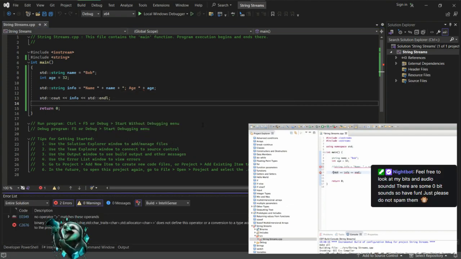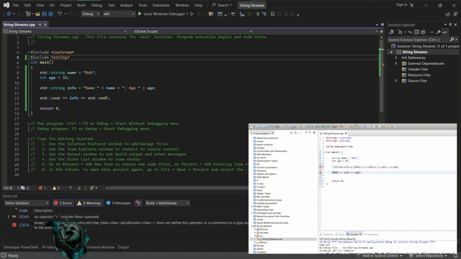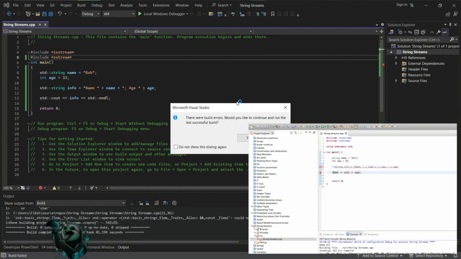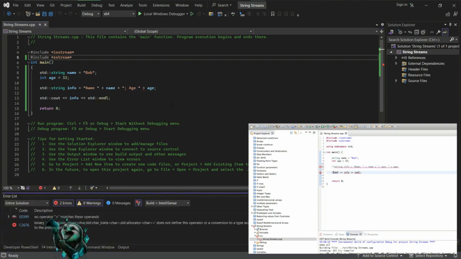Still broken. We can just use std to string age. That's still broken. So